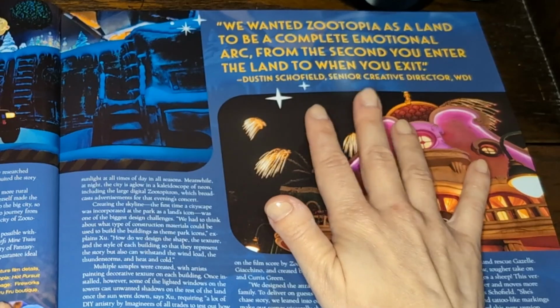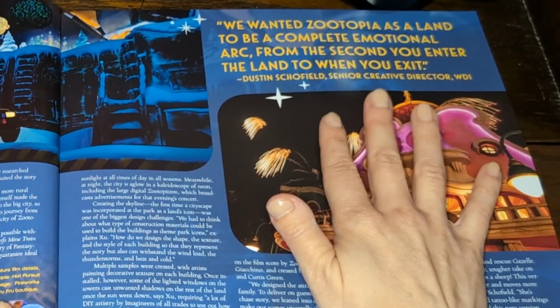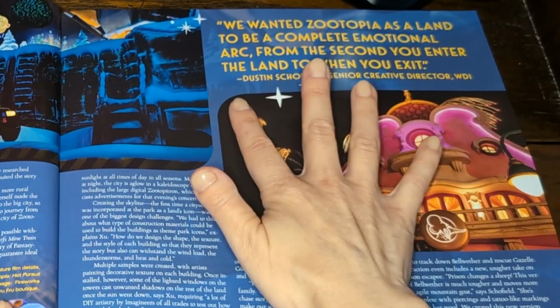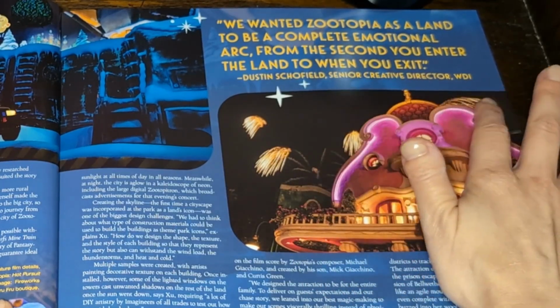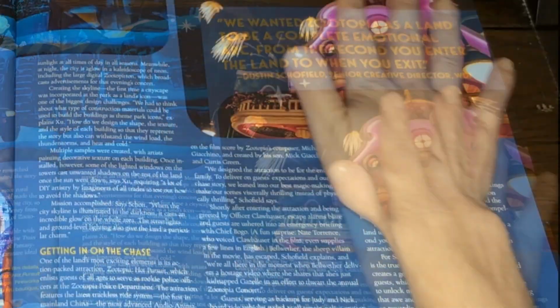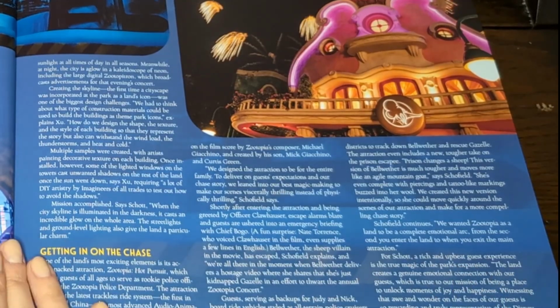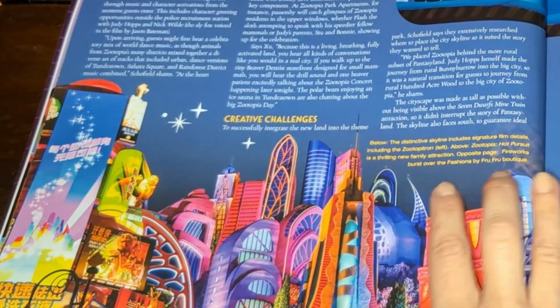We wanted Zootopia as a land to be a complete emotional arc from the second you enter the land to when you exit. That's a quote from Dustin Schofield, the senior creative director of Walt Disney Imagineering. Oh my goodness. Just look at this. How colorful is that? The distinctive